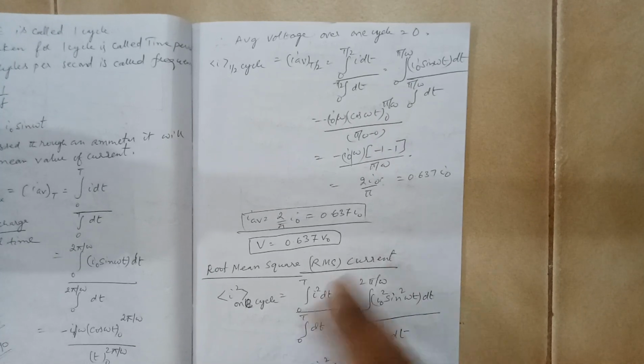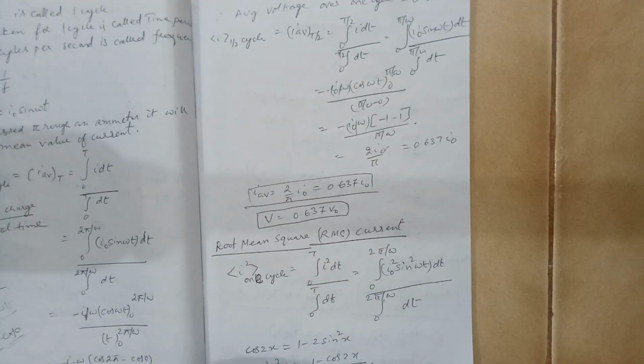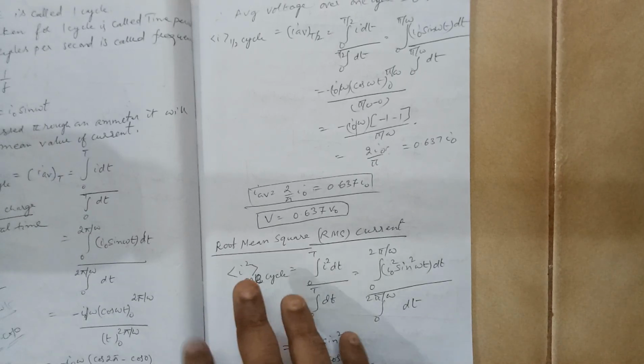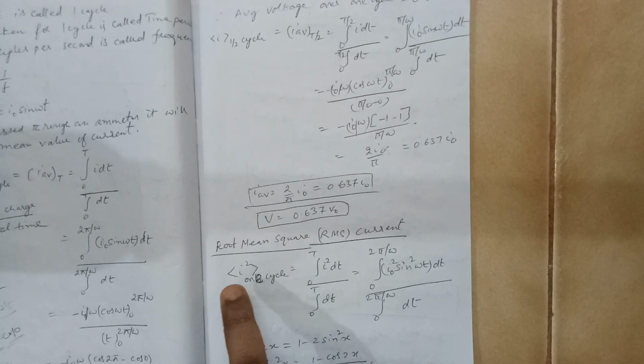Similarly, you can continue the same logic with the case of voltage also. You will get V is equal to 0.637 V0. What is V0? V0 is the maximum voltage and it is the amplitude. Here we often use another term called root mean square current or root mean square voltage value. So this is basically a mathematical thing. What they do is they take all the instantaneous current values, find the square and add them